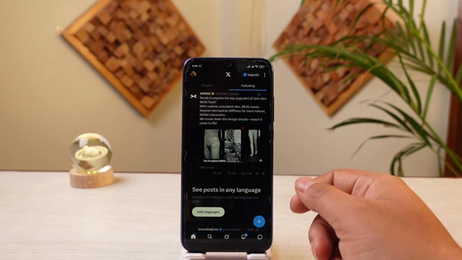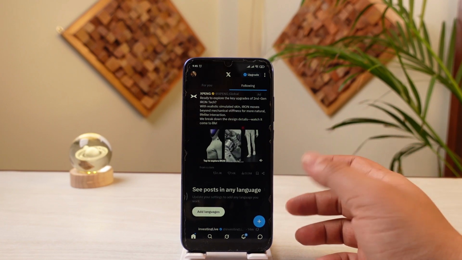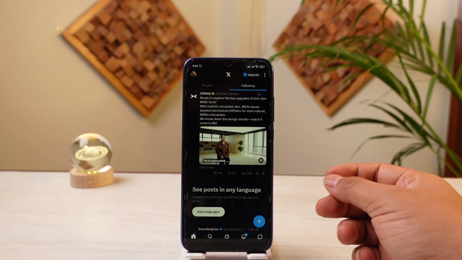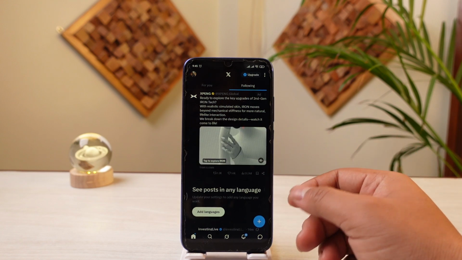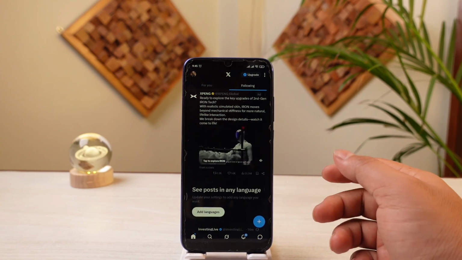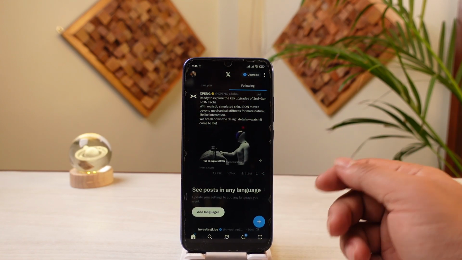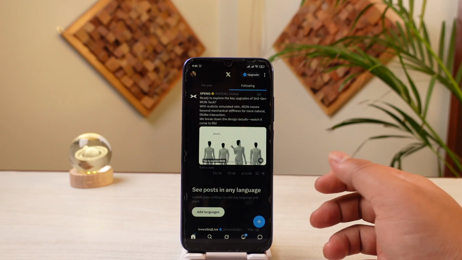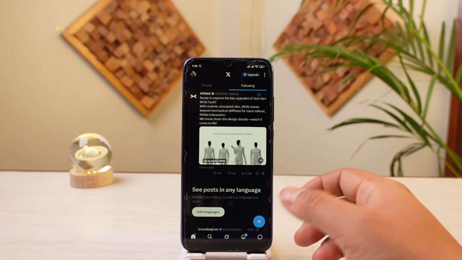Now, the first thing that you need to ensure is that if you have posted too many tweets at once within a short window, this may be the exact issue that you're facing. So in this situation, you just need to wait out 15 to 30 minutes before you can post a new tweet. But however, if this is not the case with you, then what you can try out is